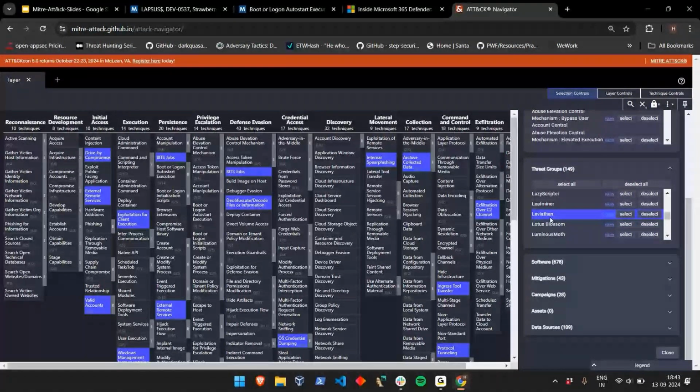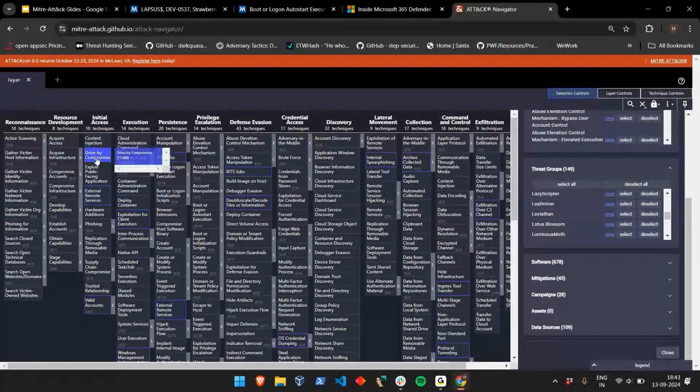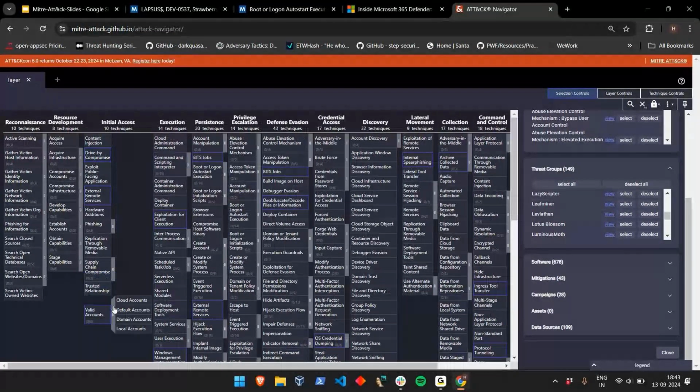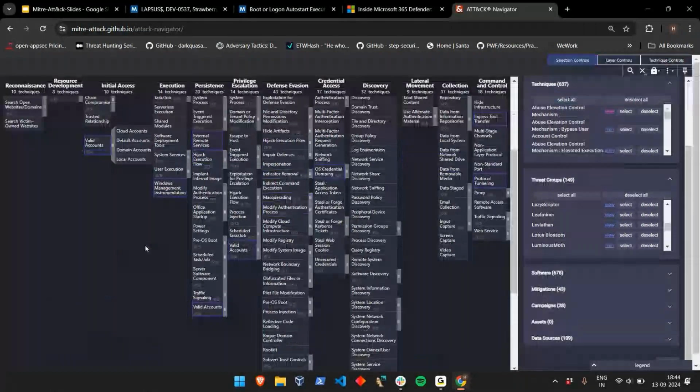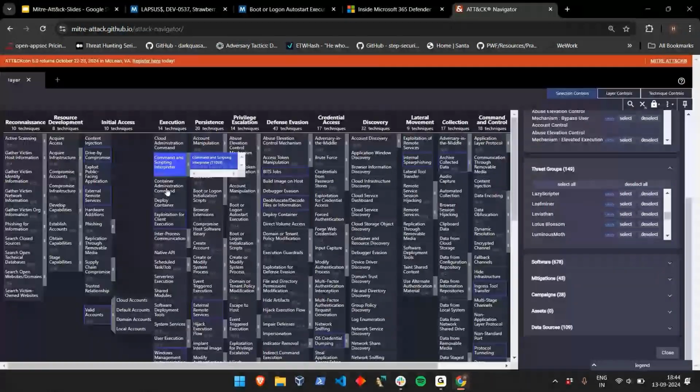Just select this, and you can see the highlighted techniques. For initial access, it has used drive-by compromise, external remote services and valid accounts. For valid accounts, it is not specifically mentioned here, but most probably they were using some credentials to get access. And for execution they used exploitation for client execution,